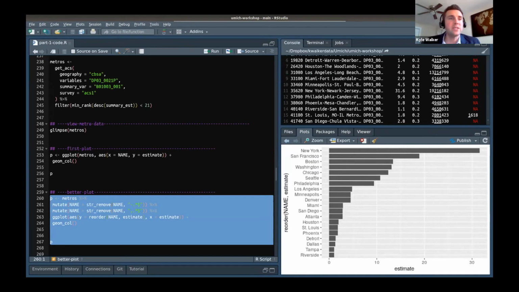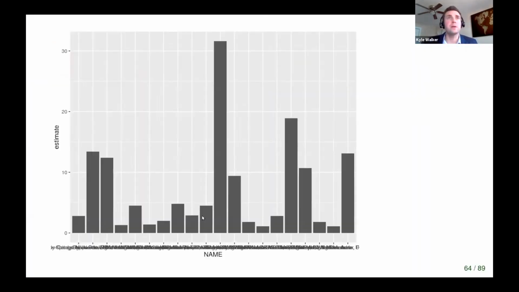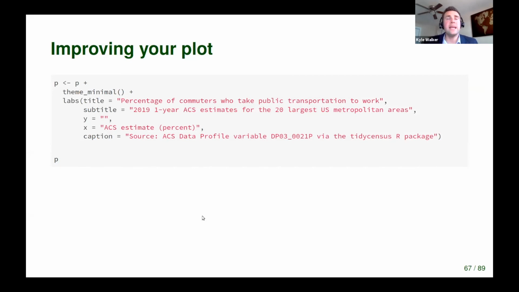Now, you probably want to make some additional modifications, however, to your chart and get even a little bit cleaner. And so ggplot2 has a bunch of different themes baked in. My personal favorite is theme minimal. I think everybody you talk to who uses ggplot2 has their own favorite theme. Theme gray is the default. I like theme minimal the best. So I'm specifying theme minimal, and then I use the labs function to specify a title, a subtitle, axis labels, and then a caption